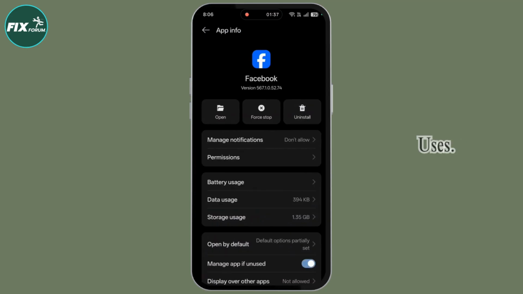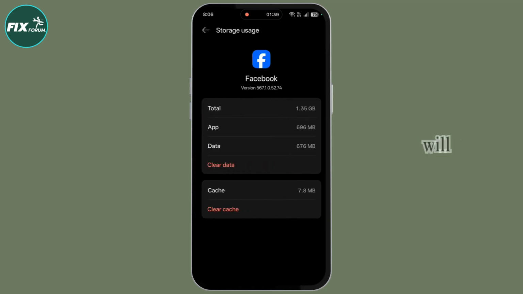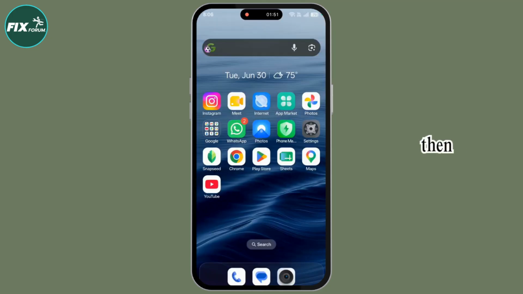Then go to Storage Usage. Here you will see Clear Cache written in bright red. Simply click on it. Once your cache is cleared, then let's go back and try to restart our device by